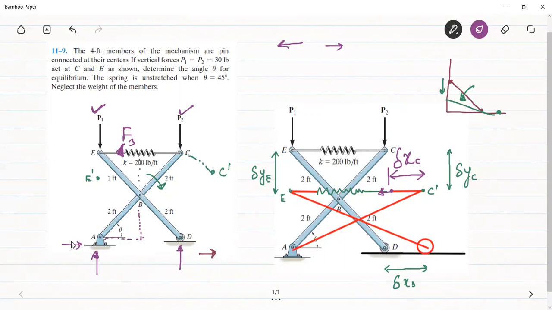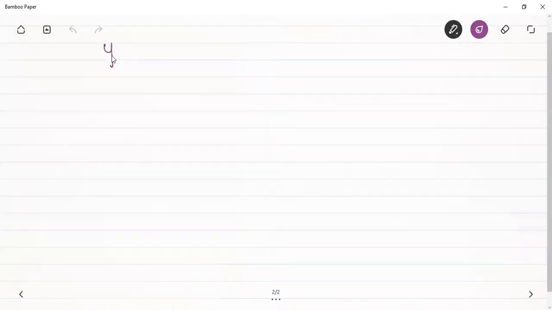Obviously we are choosing this fixed point A to be the origin of our coordinate system. Therefore, the y coordinate of E will be 2 sine theta plus 2 sine theta, so this coordinate will be equal to 4 sine theta. We can write that YE is equal to